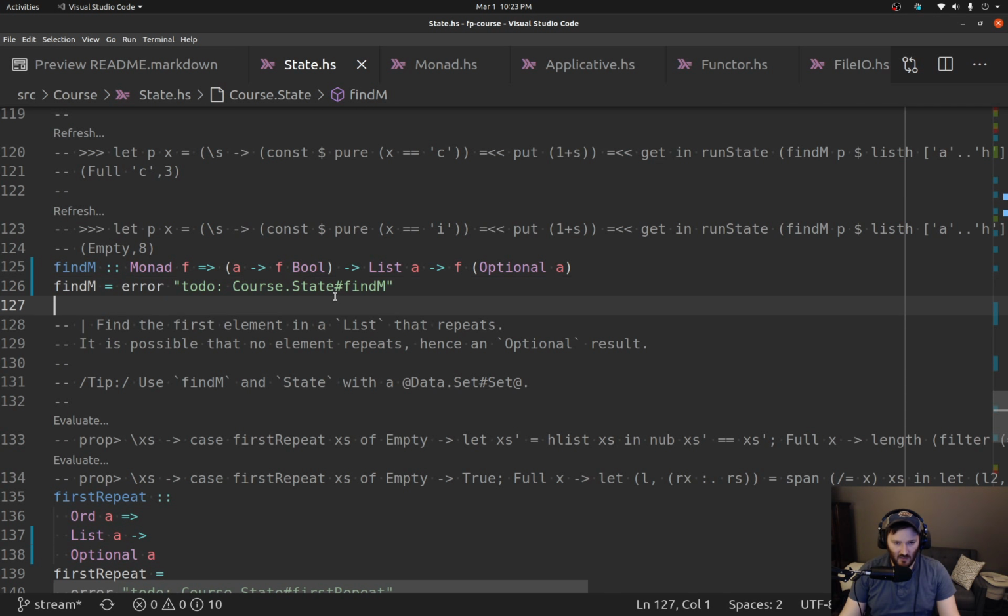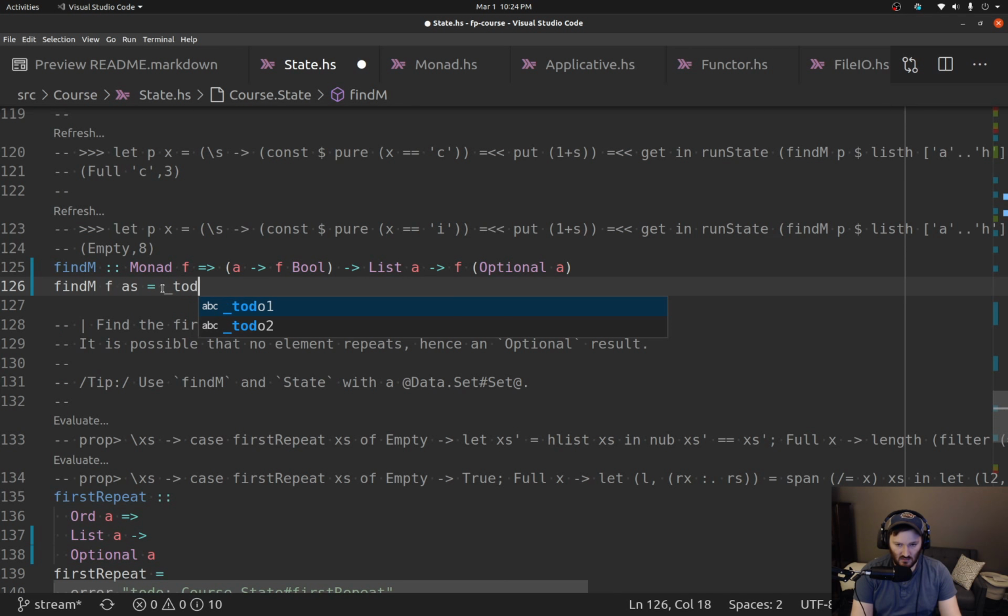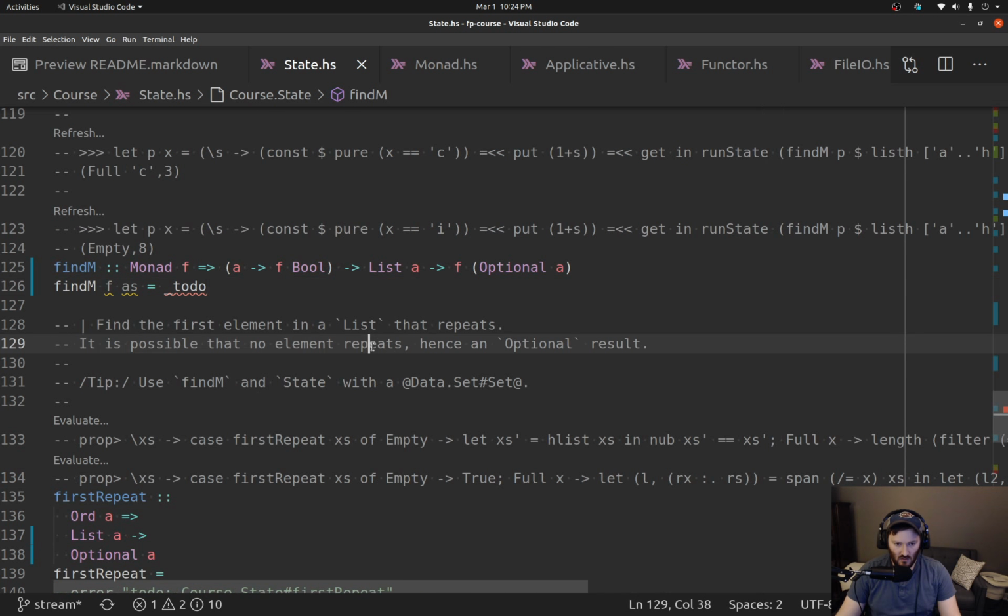So findM, I'm kind of lost on this, so I'm just going to start with typed holds like I always do. So we have this function and we have a list of A's, so I'm just going to say F and A's, and then to do,